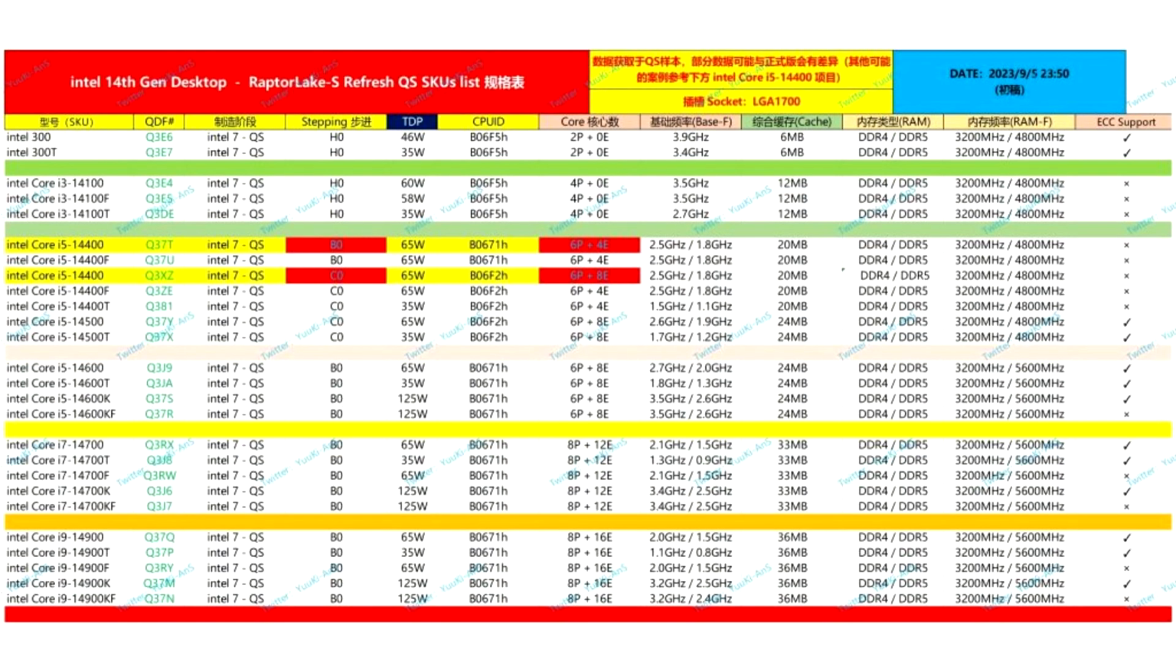Leak points to 25 upcoming 14th gen desktop CPUs from Intel. If recent reports are to be believed, Intel's 14th Gen Raptor Lake Refresh CPUs should be available in October. Intel hasn't yet officially announced these new CPUs, but a new leak has detailed a full range of SKUs, including